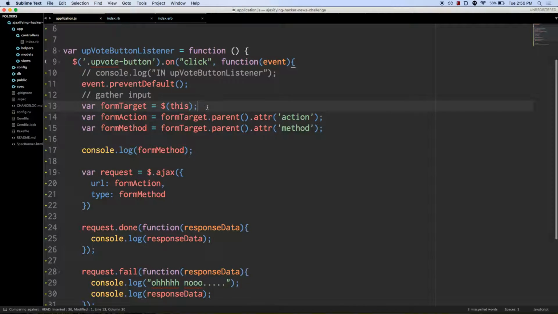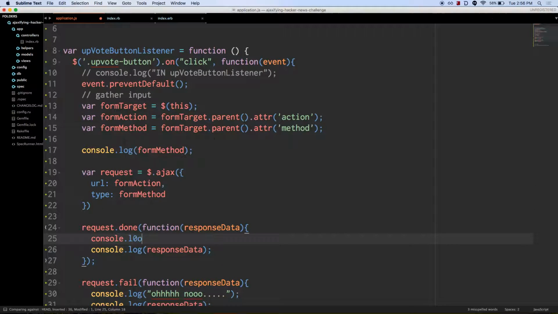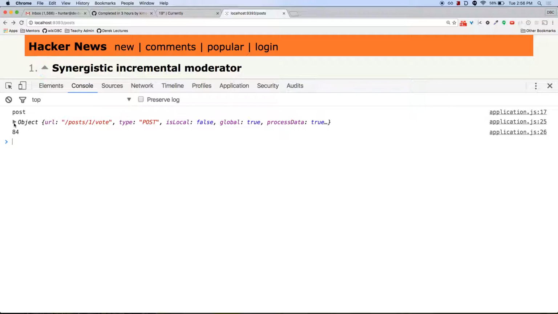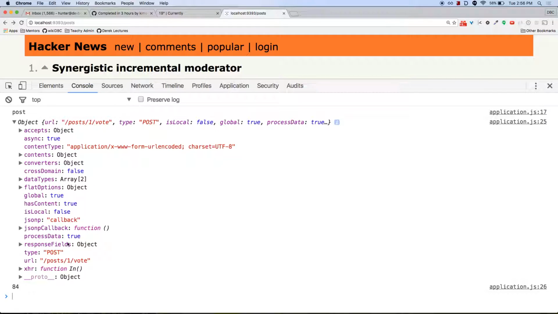page. Now if I hadn't made this variable form target earlier, this could be a real pain in the ass. Because if we come in here and we console.log this, what do we got? It's not the button from before. Yeah, it's the XHR response object, which contains some data that we could dig through and figure out, follow the breadcrumbs home,